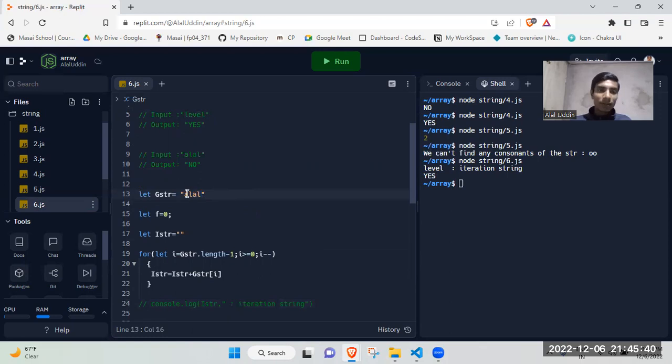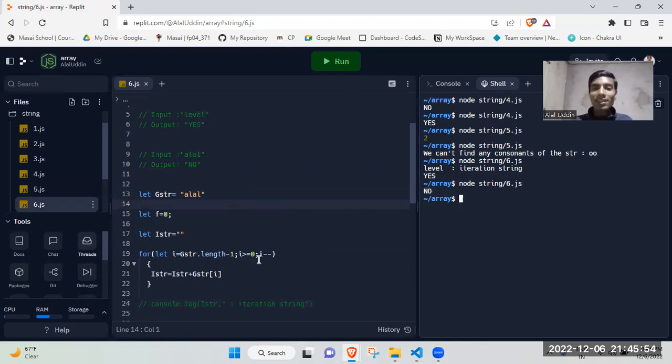Let's give it. So it is not a palindrome, right? Here the first letter is A and the last letter is L. If we reverse it, then L will come first, which is not a palindrome. So let's see. So here you can see no, right? So you can try with this. So that's all in the